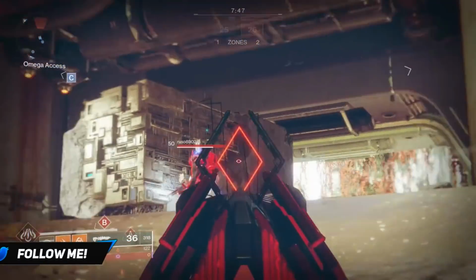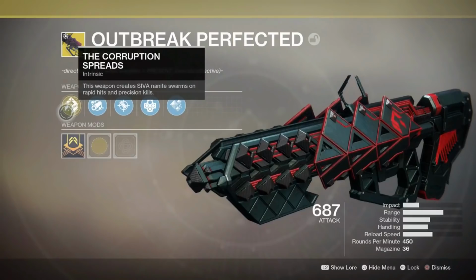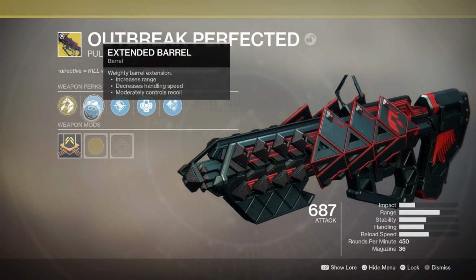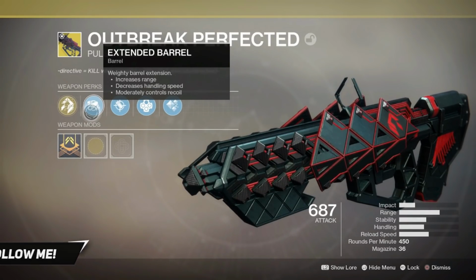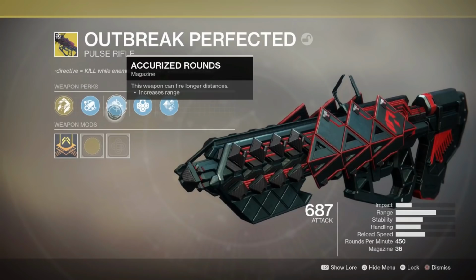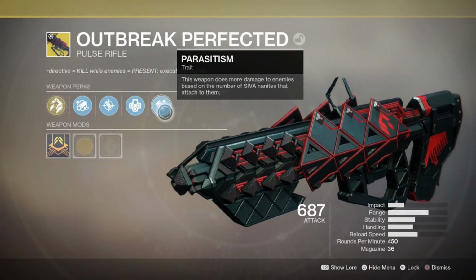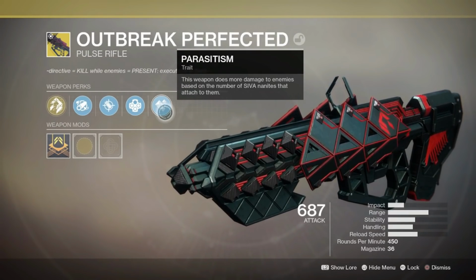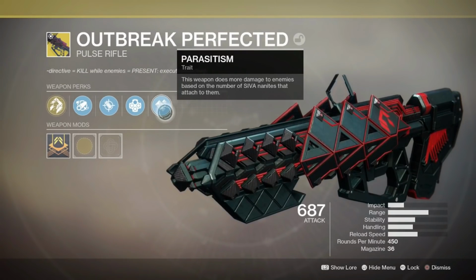Now, you've been watching gameplay of the exotic already, so let's go over the perks. The perks are the Corruption Spreads, Exotic Intrinsic. This weapon creates Siva Nanite Swarms on rapid hits and precision kills. Then we've got the Extended Barrel, we've got Accurized Rounds, and we've got Outlaw. Precision kills greatly decrease the reload time, which is fantastic for this exotic. Then we've got Parasitism. This weapon does more damage to enemies based on the number of Siva Nanite Swarms that